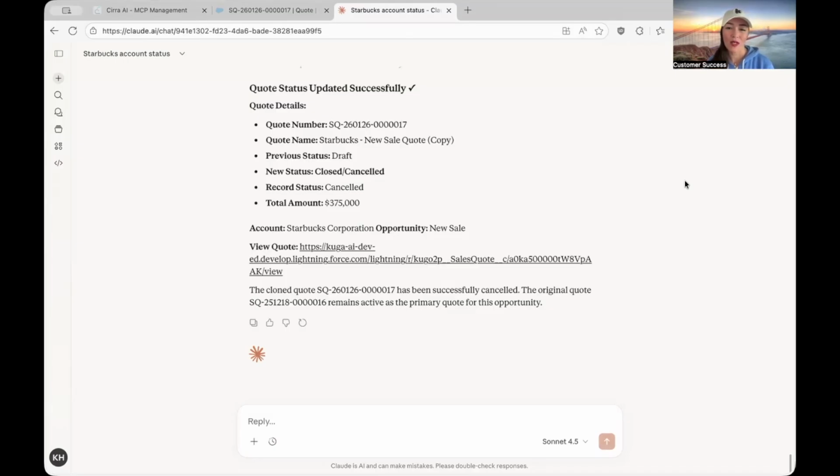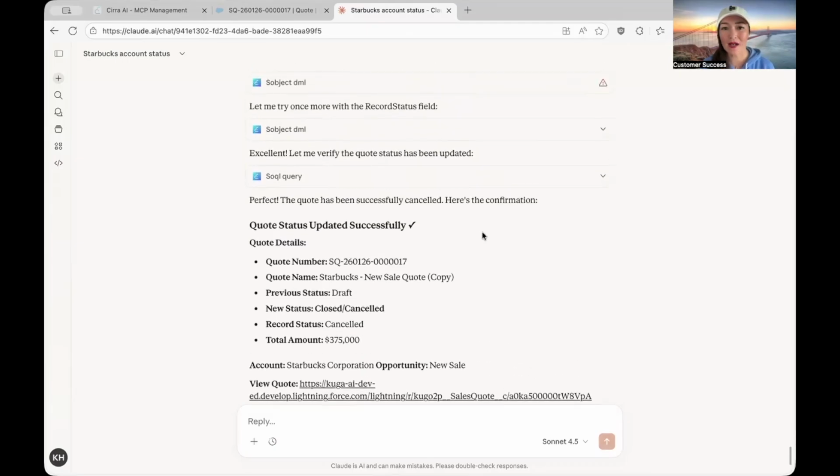So what you're gonna do now is make sure you're logged into Claude. And if you can, open that existing conversation that we already had opened with Claude. And since we are picking up where we left off, the last part of your conversation should show a summary of the canceled quote. So from here, what we're going to do is just scroll back up